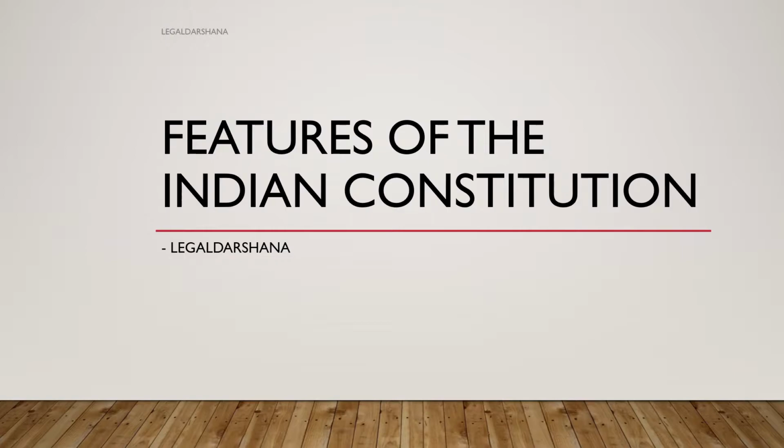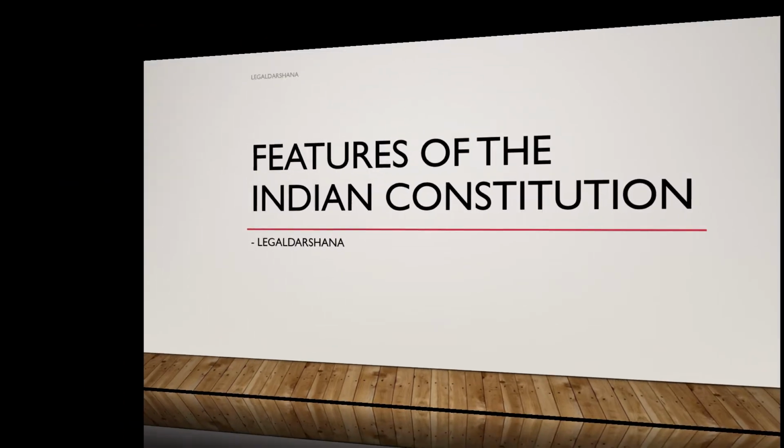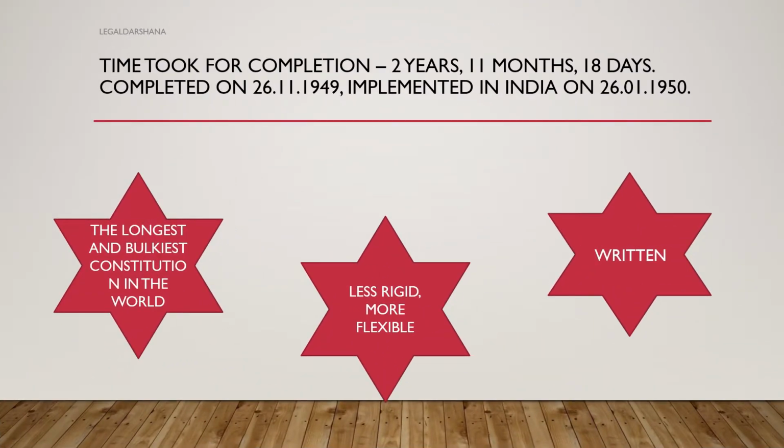In today's video, we are going to discuss the features of the Indian Constitution. The first meeting of the Constituent Assembly was held on 9 December 1946, when India was near to freedom, and the time taken to complete the constitution was 2 years, 11 months and 18 days. The constitution became ready on 26 November 1949, which is also observed as Law Day or Constitution Day, and it was implemented in India on 26 January 1950, the first Republic Day, when India was declared a democratic